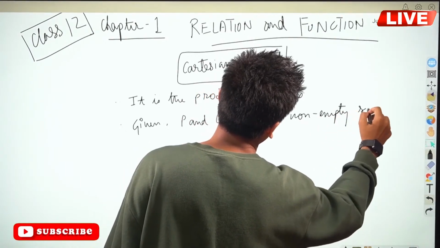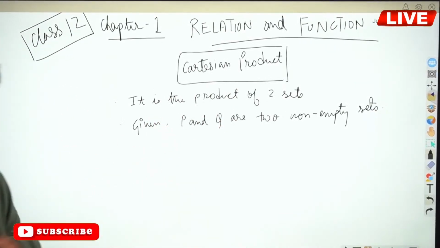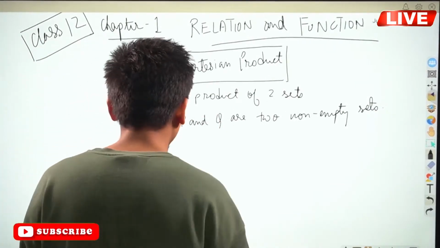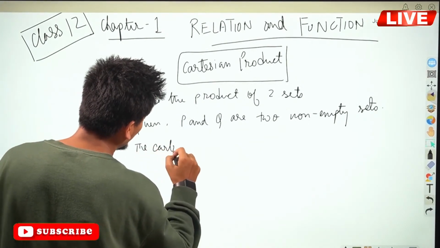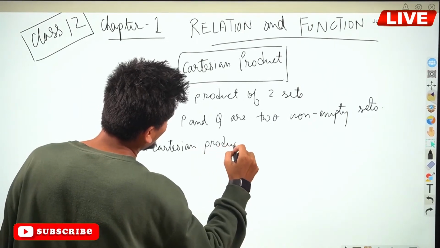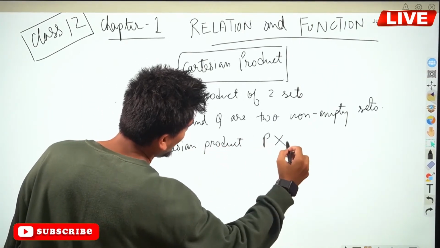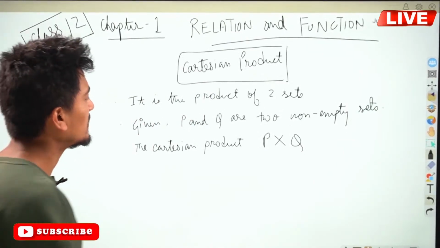Non-empty means they have some elements. Now, the Cartesian product, that means P into Q, is